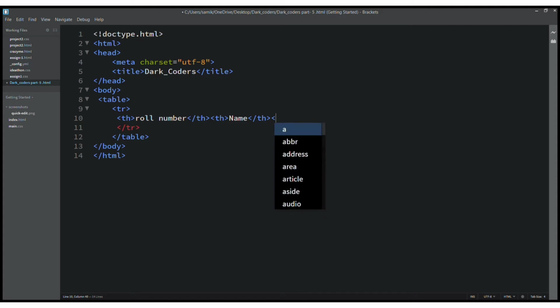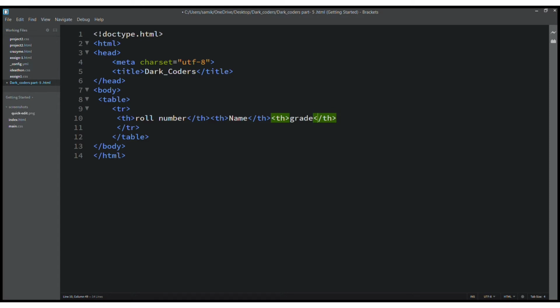I will write th one more time, and after that grade. We have written their grade. That will all be displayed as the heading.